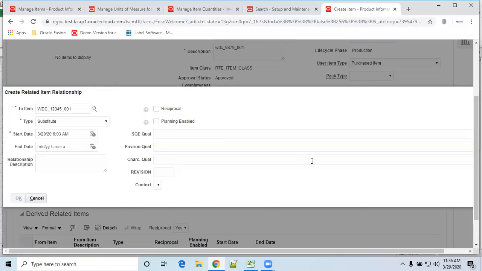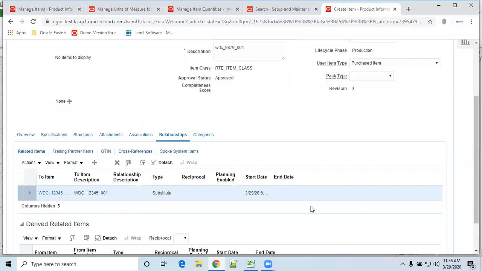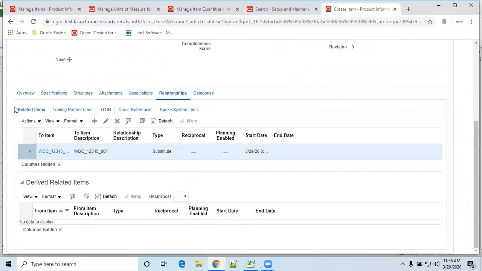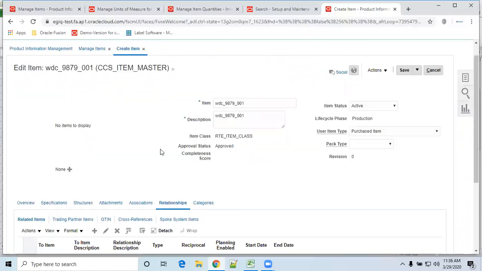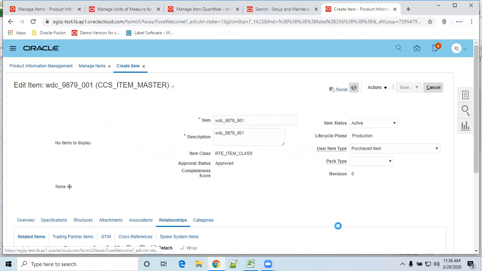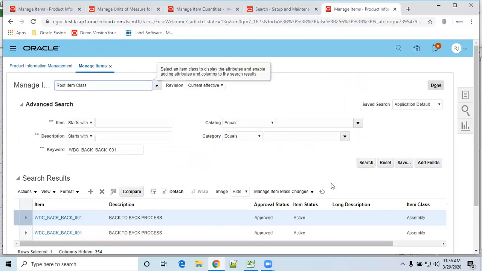Okay. So this way we can define a relationship with your items. You may have one question: whether you have to make only a one-to-one relationship or one-to-many. You can make one-to-many, not a problem. That depends upon your requirement.